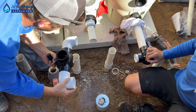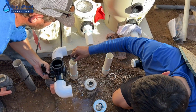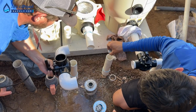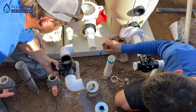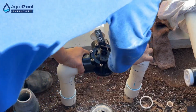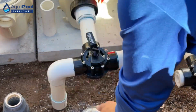All right, go ahead and primer. I'll help you on this one. So we'll always have a little bit of play in the pipe, so we're going to expand it. And then we may end up having to take a couple little shims off of each leg. We'll see. These legs? Yep. We might. We'll see how far once it presses down. Nope, we're good. Right into it. So let that dry up for a minute, and then we'll glue the front of the pump